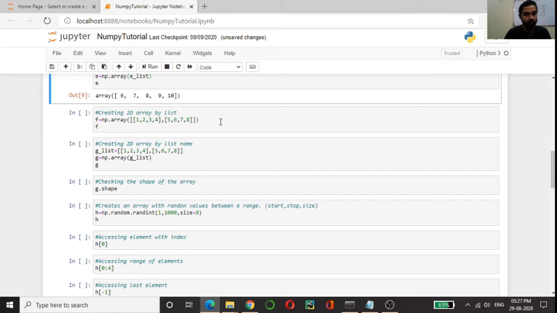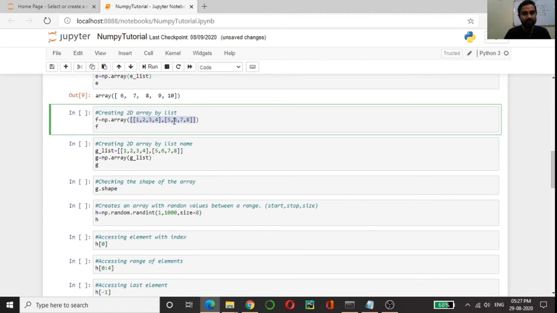Now, just like how we created a 1D array, a one dimensional array, we can create a two dimensional array also. So here this is how we define a two-dimensional array. It means we are passing two lists, and both lists are also inside one list.